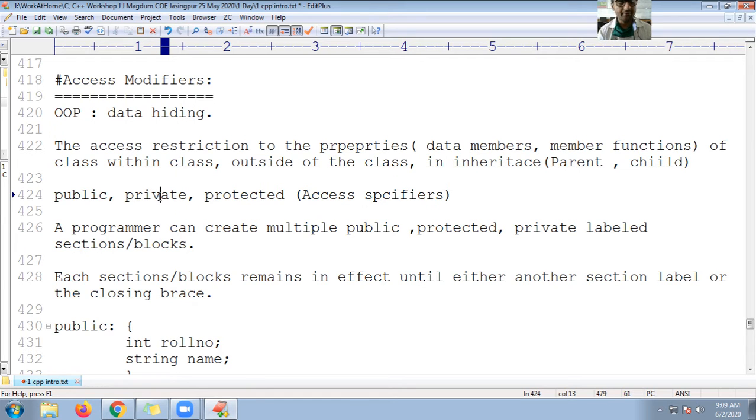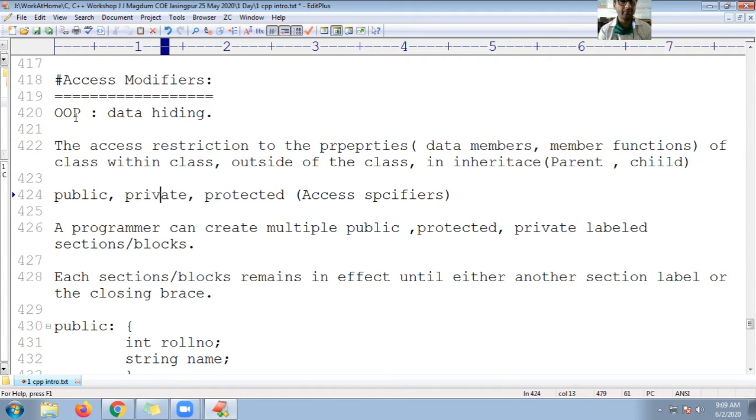So public, private, protected are the access specifiers available in access modifiers for data hiding, which provide data hiding and data public visibility to other programs or other classes within the program.